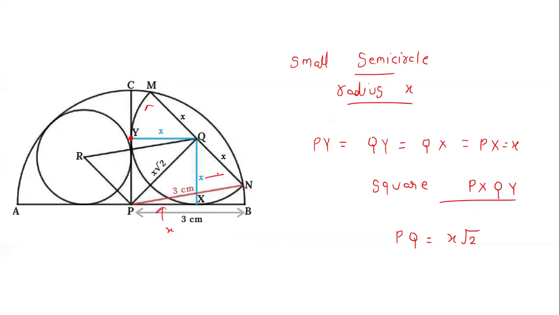So this side and this side are all equal to the small x, and this is a square. And this angle we know as 45 degrees. So if you join the point P to the point Q, this is 90 degrees we know, and this is 45. So this is x and this is x. So by the Pythagoras theorem, it will simply come as root 2 x. So in this way we can say that this PQ distance is root 2x.